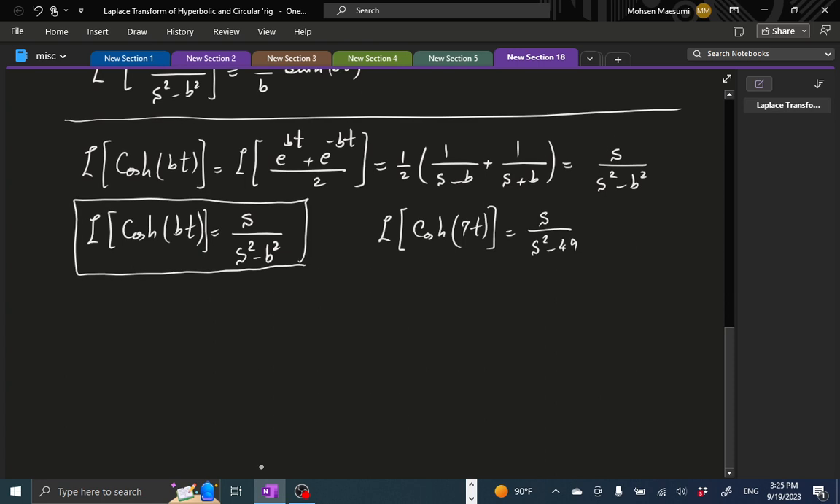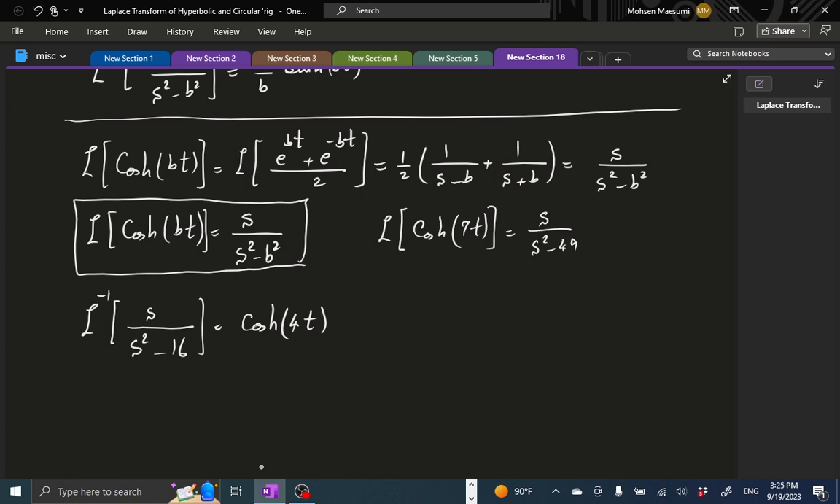And similarly, if I have inverse Laplace transform of s over s squared minus 16, I can quickly say that must have been cosine hyperbolic of, what is that now? This is of course the multiple here is square root of this one, so it's going to be 4t and so on. Okay, so that's for